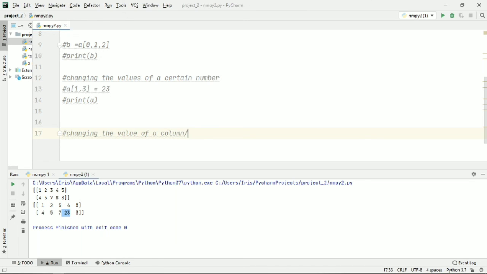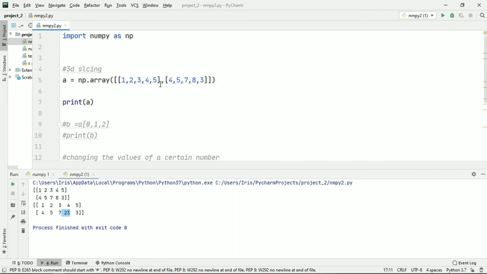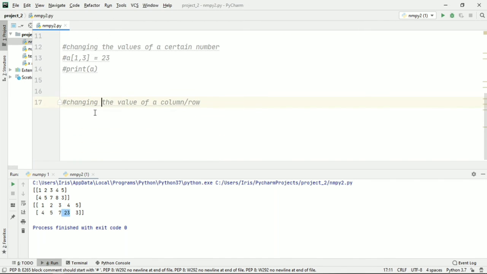and slash row. Okay, so let's say we want to change the first row to a different set of numbers. So let's just say A, and let's ignore our first. Okay, no, we'll do it the other way around. We will change a row first.